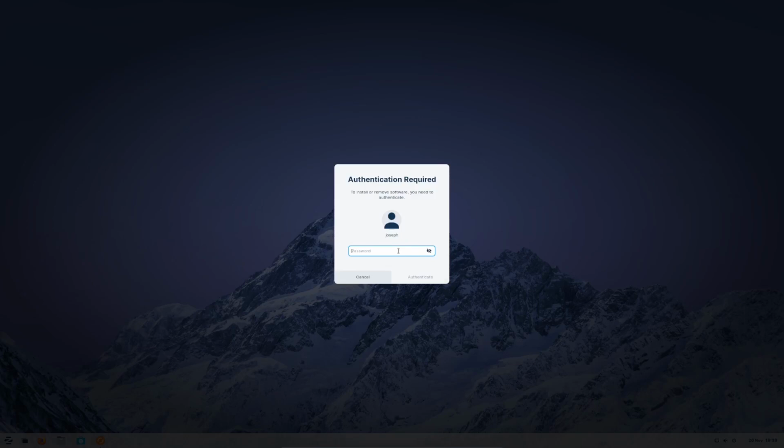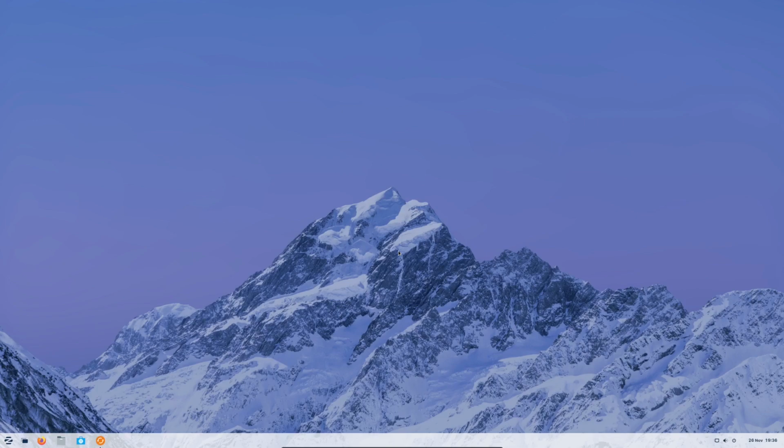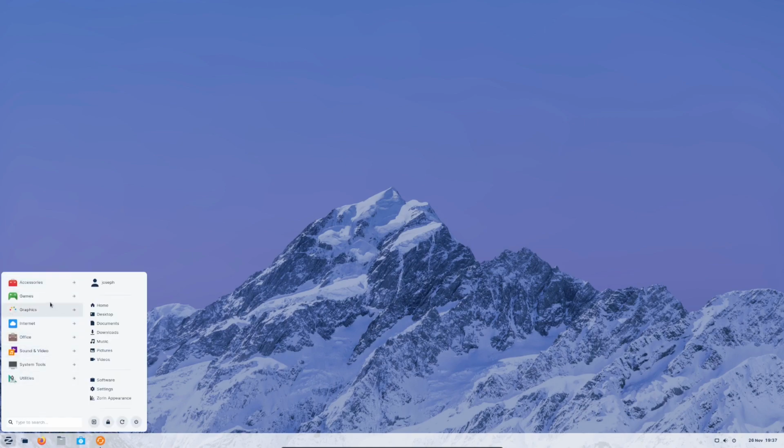I'm going to have to enter your password, of course, which I think is standard for most Linux distributions unless you change it. Just an extra layer of security. You don't want to be running as root all the time. But yeah, alright, so while that's updating, we can have a look at different bits of software that have come